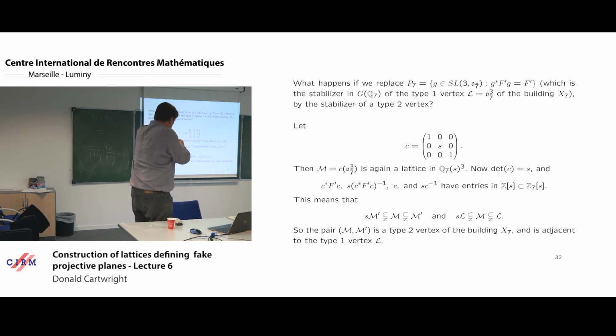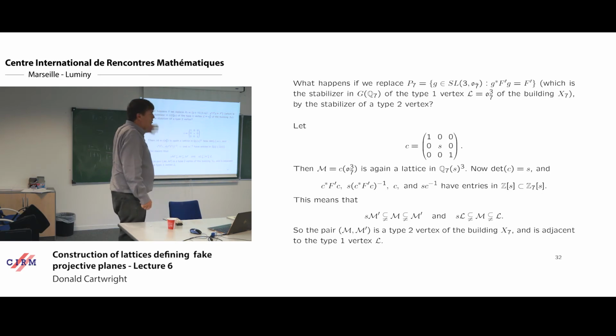So I've probably got 0 minutes left. So I wanted to tell you what happens if I replace the P7 by the other P7, which is the stabilizer of a type 2 vertex. And what you do is you simply choose a simple matrix C for this particular C, and this is again a lattice, and it satisfies a bunch of simple properties, and that means that this lattice satisfies this, which means it's a type 2 vertex, and you